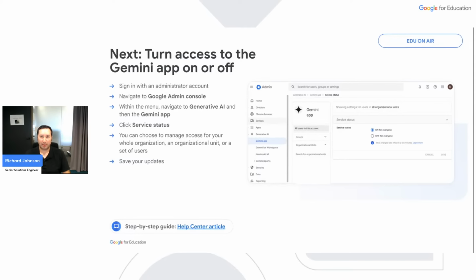We're now at the step for both new tenants and existing Google for Education customers. It's now time to turn on, enable and configure Gemini. You can do this quite easily by clicking on Generative AI in the left-hand navigation panel of your Admin Console and selecting Gemini app. You can turn this on for everyone, or you can be selective. And don't forget to save your settings at the end. If you're piloting Gemini with a subset of users, make sure you select the OU of choice and turn it on.